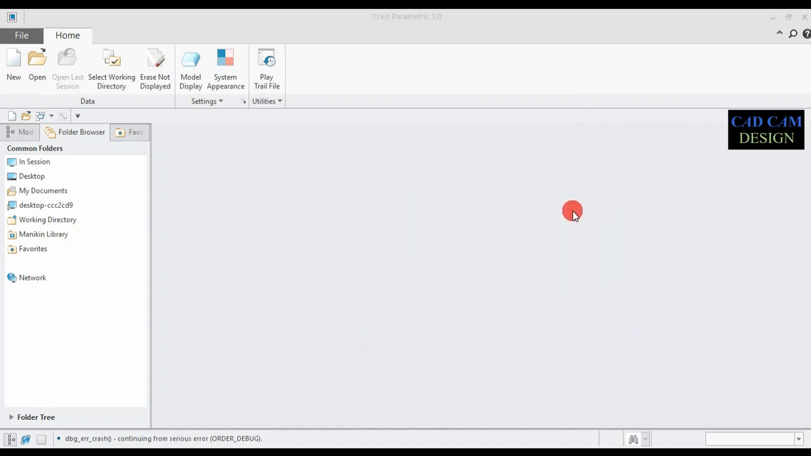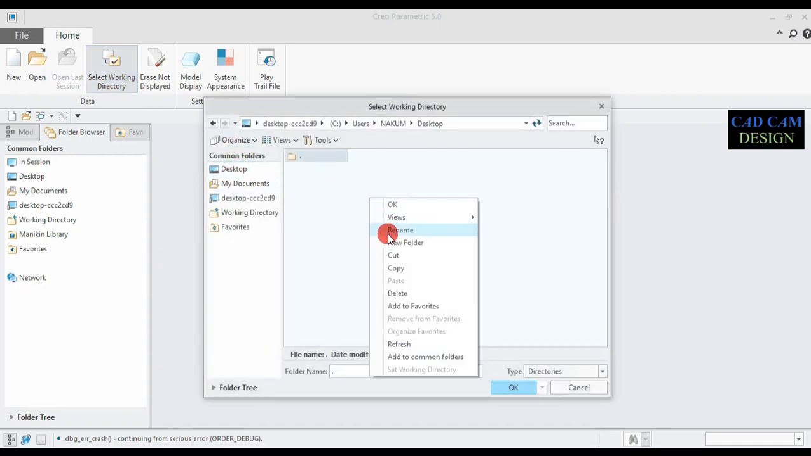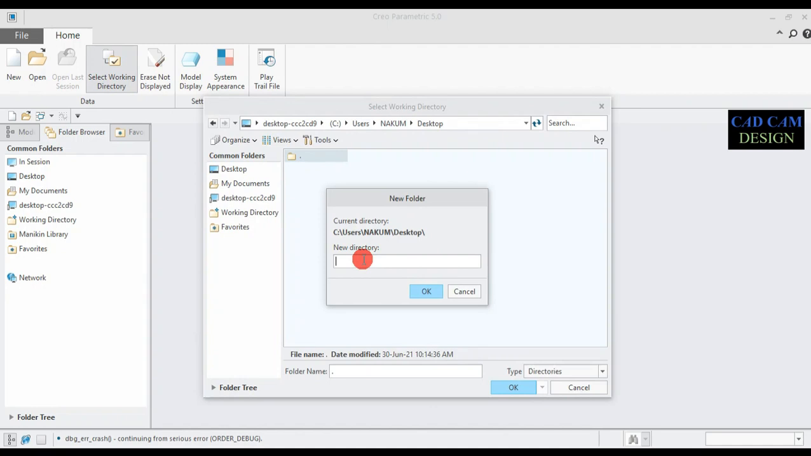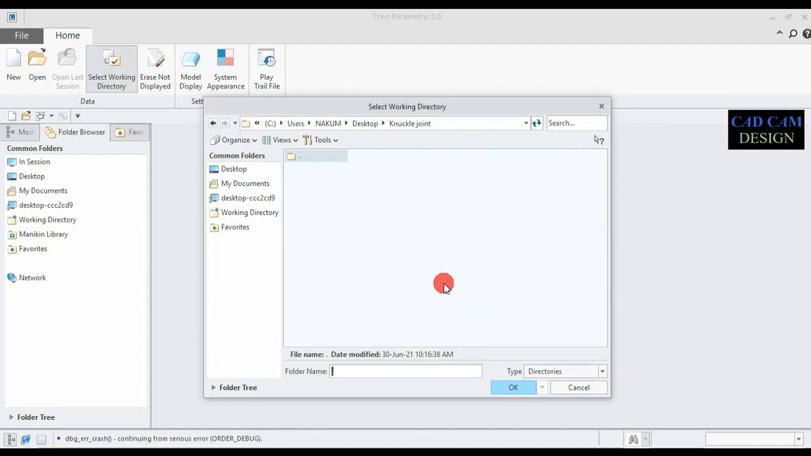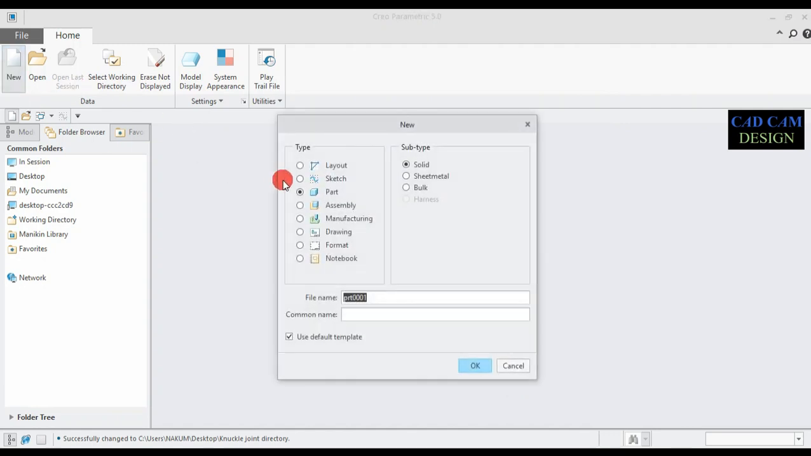Now first of all, select the work directory, set on desktop. Click new folder, folder name knuckle joint, and OK. Select OK. Now go to new, select part, solid, and the name